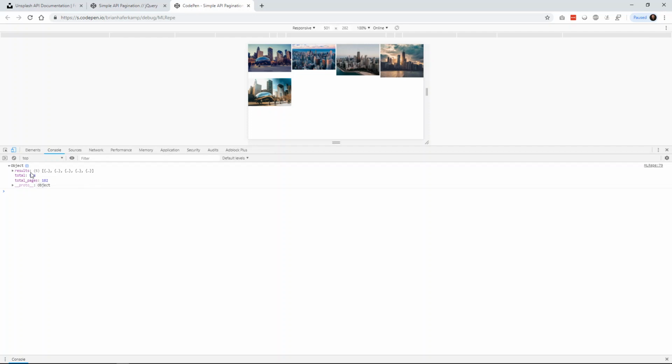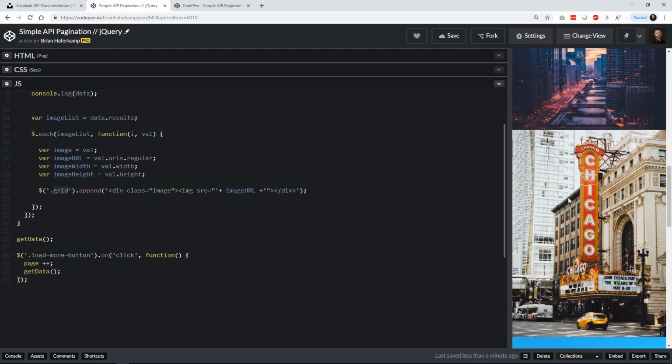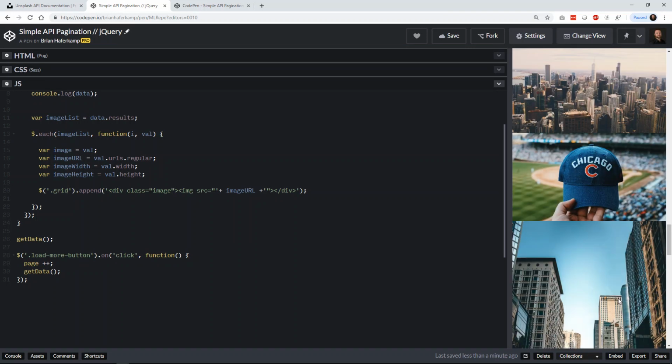So when we come and test it, we say more images, we click, it makes the API call, and then it appends or attaches it to the end of this grid element, which means that we're just attaching new grid items to the end of the element. And every time you click here, remember we have 182 pages that we can sort through. Every time you click load image, it's going to go out and get the next 5 on the next page,